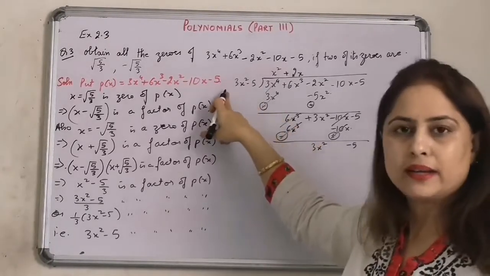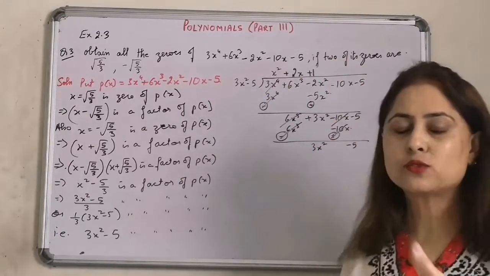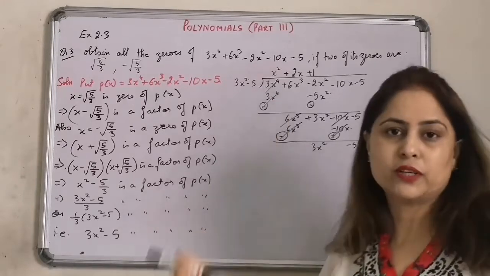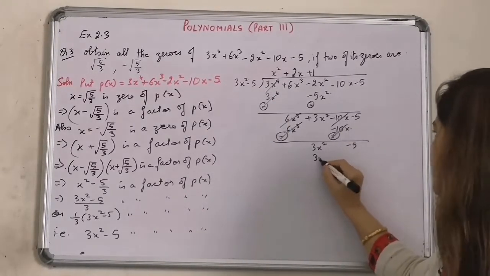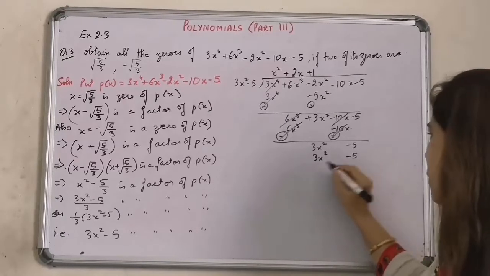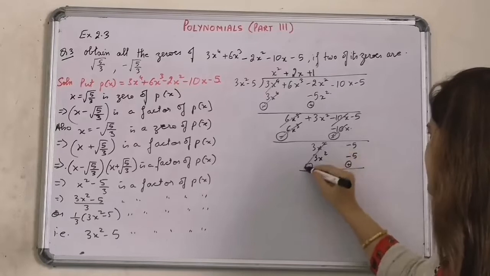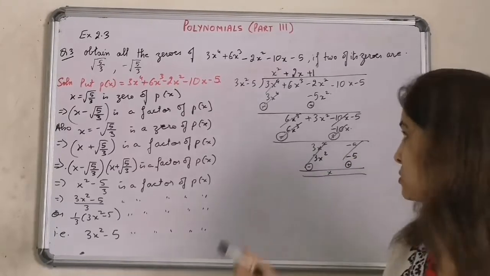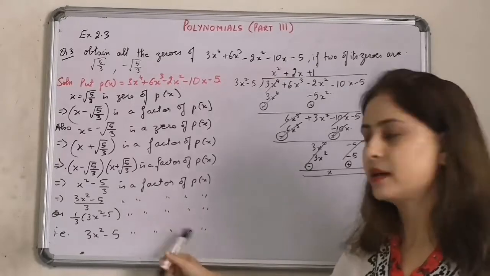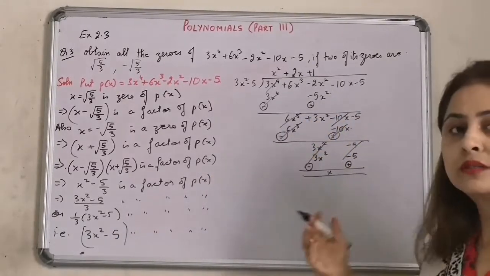3x square divided by 3 into x square will give me plus 1. It means 1 is going to multiply by each of the terms of the divisor to get us the next level. So we get 3 into x square minus 5. Obviously when the signs change, they cancel out. Remainder is 0. And it was required because we have already said that 3 into x square minus 5 is a factor of p(x). It means remainder was supposed to be 0.